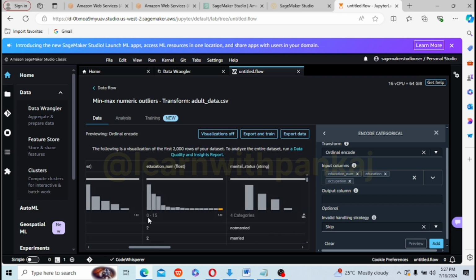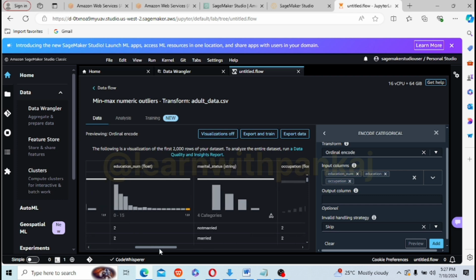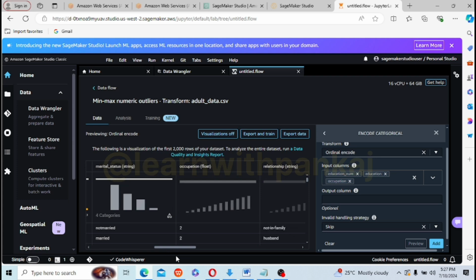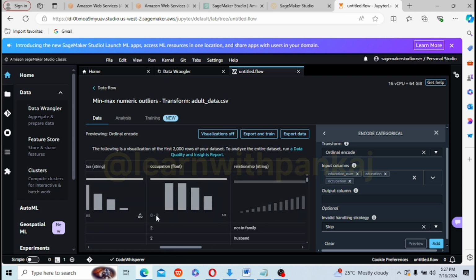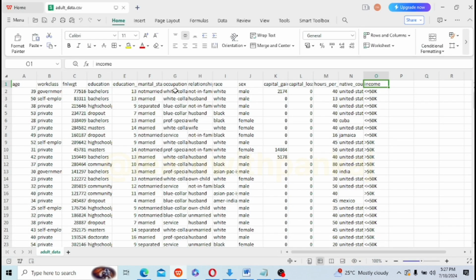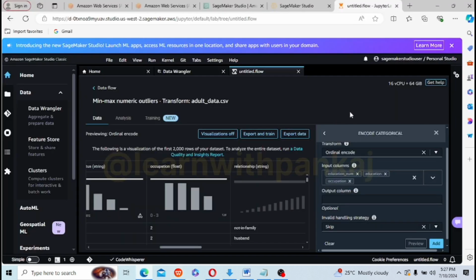It has converted from 0 to 15, the numerical format which is understood by the machine learning model. In the occupation, the same thing has happened. We have converted the occupation from 0 to 3, right? Earlier, in occupation we had white collar, blue collar, profession, services, different entries. So we have given a number to each of these entries, right? So this is what we have done, and now we have to click on add.